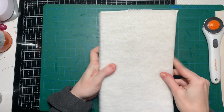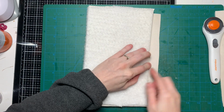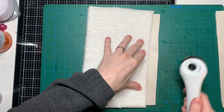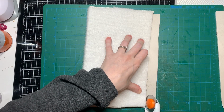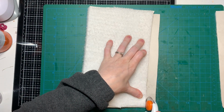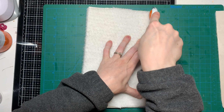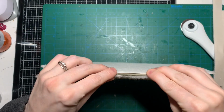So now we flip this over, and it's really hard to see for you guys, but my edge is right here. So I am going to cut there. Oh, I'll be right back. Okay, sorry about that. So now I'm just gonna cut along the edge of my cover. Ta-da! So now this will be long enough,